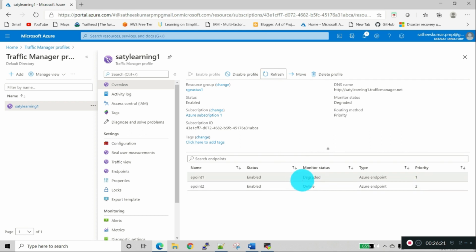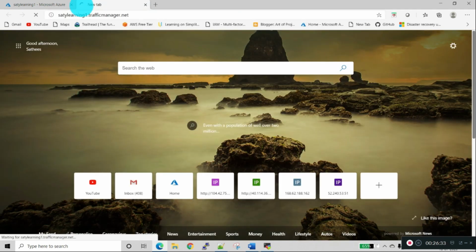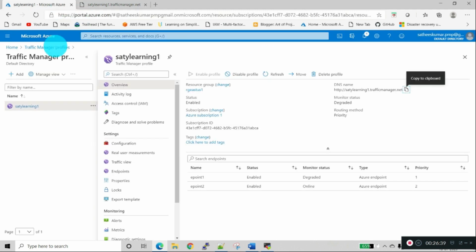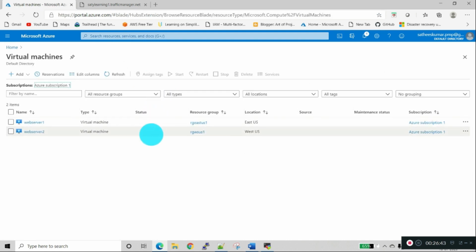Endpoint 1, web server 1, is degraded and web server 2 is online. Now we will copy the DNS name and check. It should point to web server 2. See, it's pointed to web server 2 because web server 1 is stopped in the virtual machine.